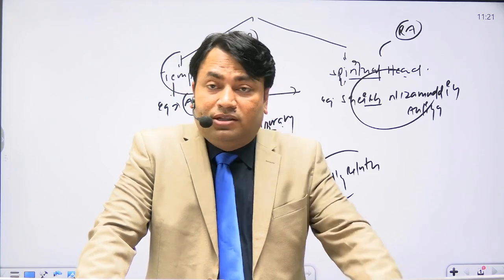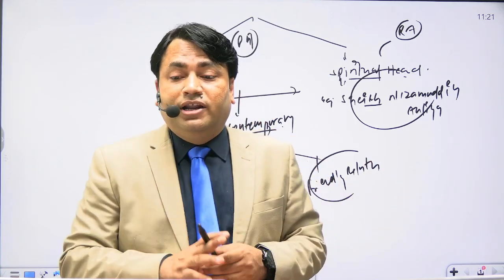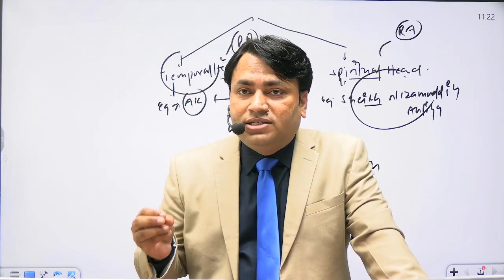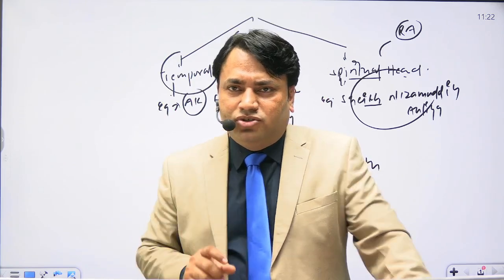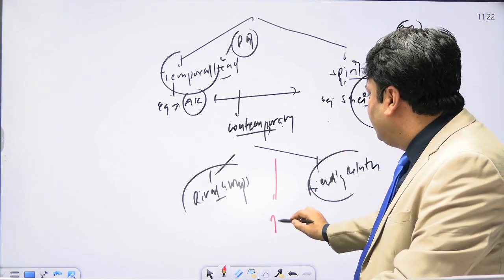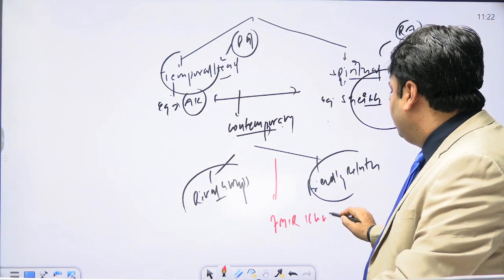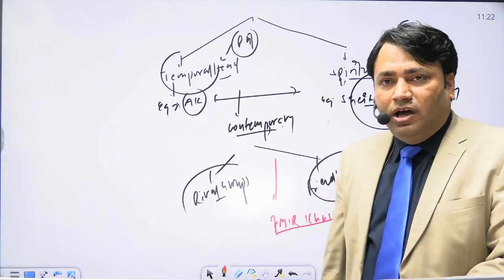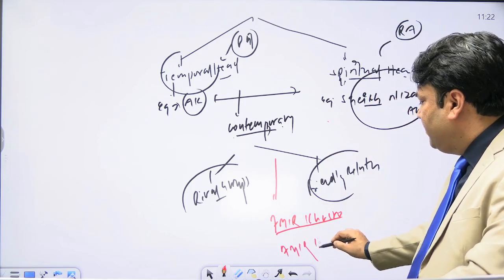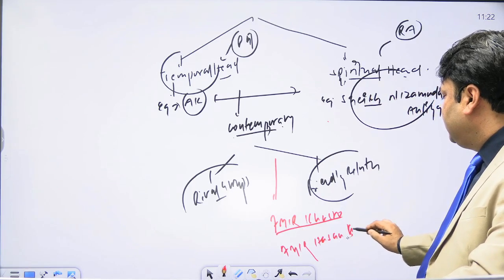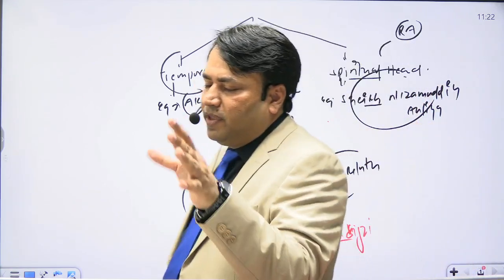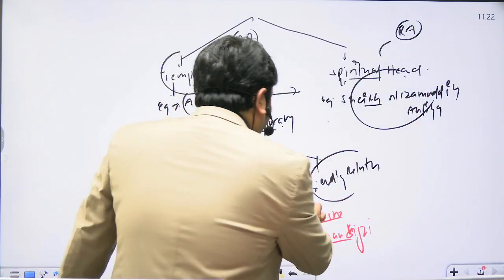Now, there is another example. All of you are familiar with the name of Amir Khushro. There is another name, Amir Hassan Sijzi. I think Amir Khushro is the more popular name. Why am I writing these two names? Because these two people were the court poets of Alauddin Khilji.